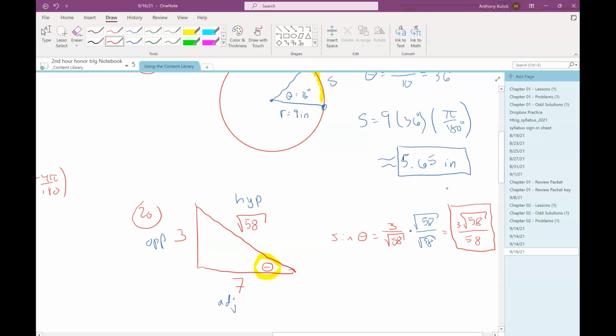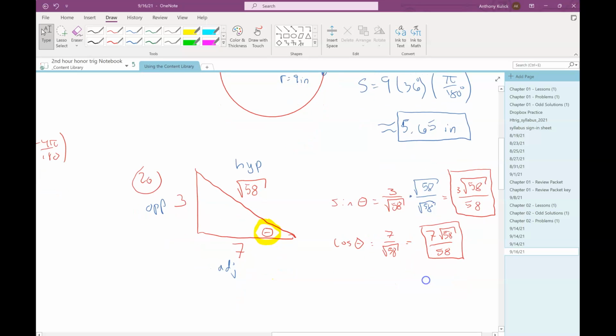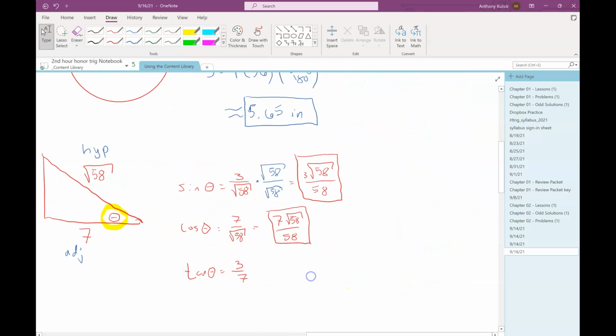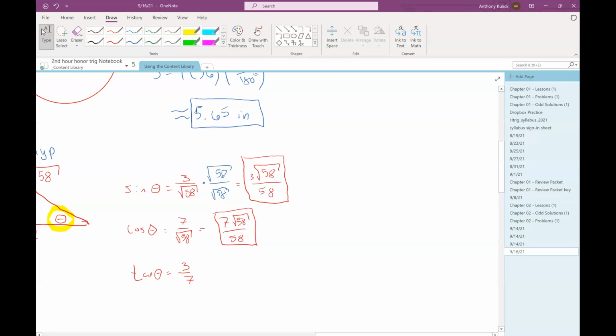And then the other ones in that section, you solve them the same way. Right, so let's just finish them up here. So cosine of theta is 7 over square root 58. And I'm not going to show the work for rationalizing the denominator there. I'm just going to write the answer. And then tangent theta is opposite over adjacent. And then my other 3, the likely new ones,